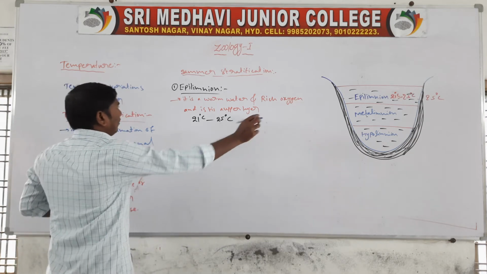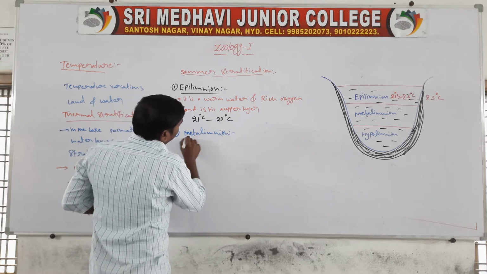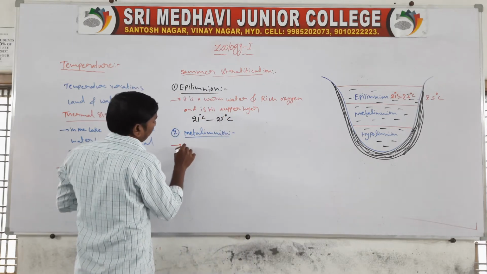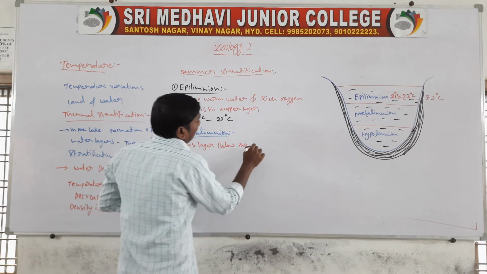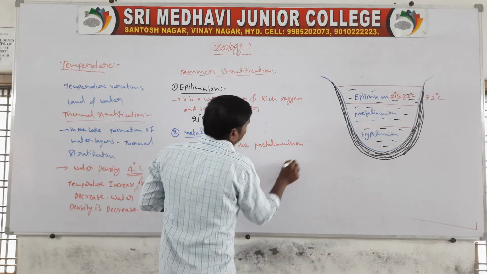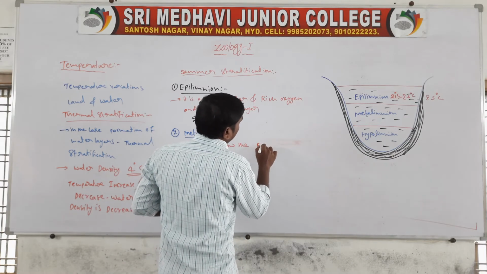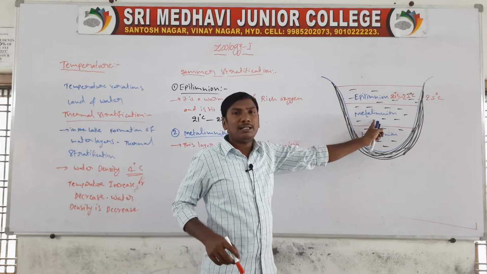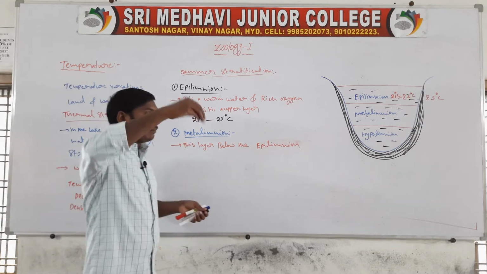Second one, Metalimnion. So, the Metalimnion means this layer is below the Epilimnion. This Metalimnion layer is present below the Epilimnion layer. In this Metalimnion, for a depth of 1 meter,